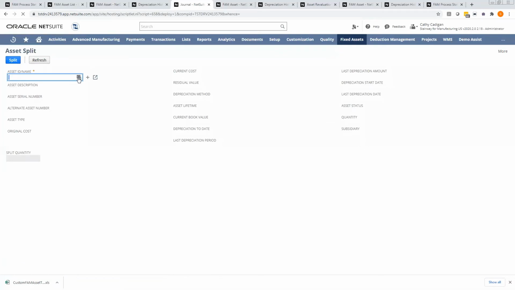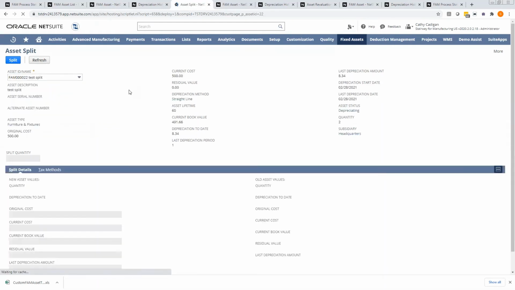Okay, so the use case for this is typically you have, for instance, maybe you had a bill for 5 computers for $5,000 and it came in as one asset. So you have a quantity of 5 towards that 5,000. In this instance, I've got current book value of 491 and quantity of 2. And now I want to split that. And let's say I want to split it